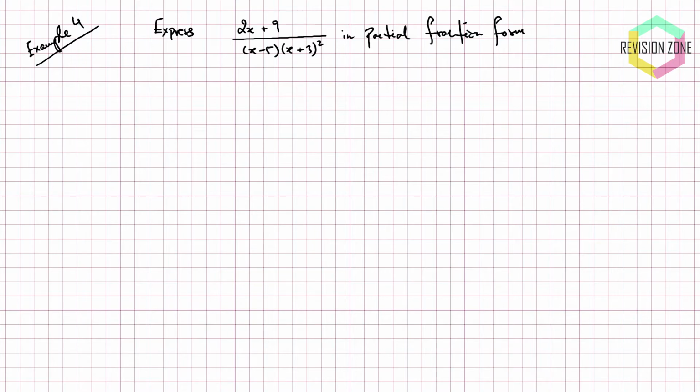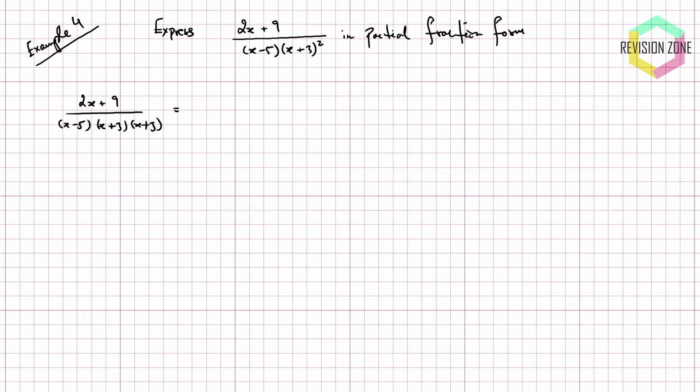So example 4, we again have something which makes things a little bit more complicated. We now see that our denominator is actually squared. So just off the bat, you might think to yourself that a good way of tackling this would be to express the squared as two separate things, and then to treat them as